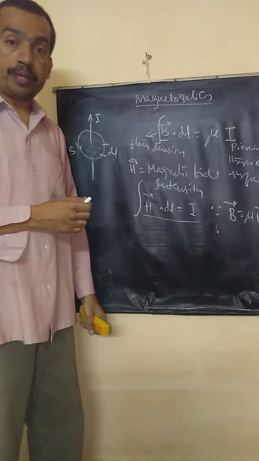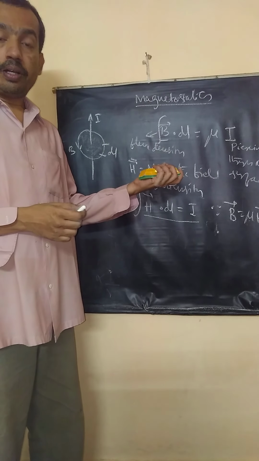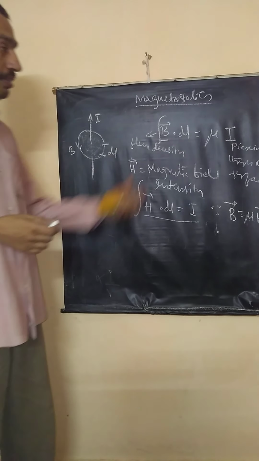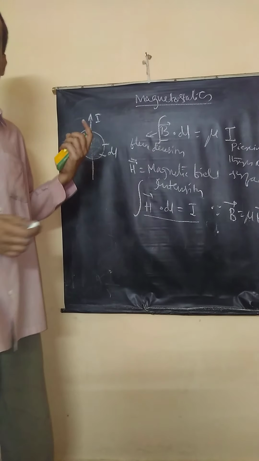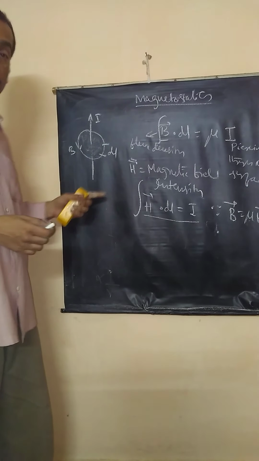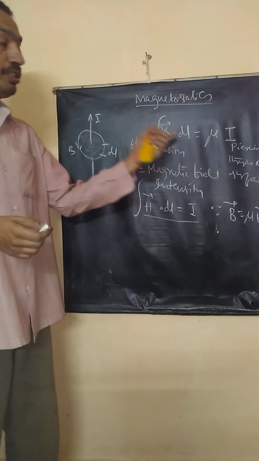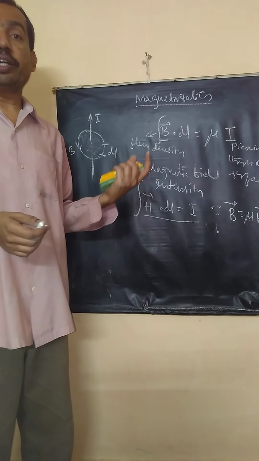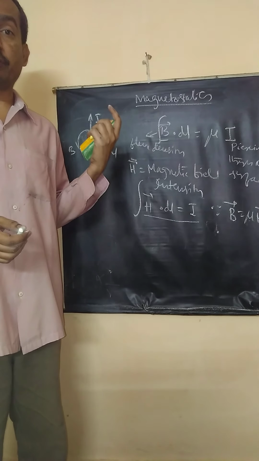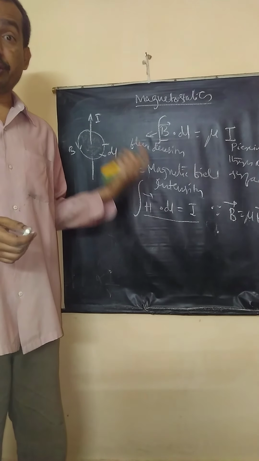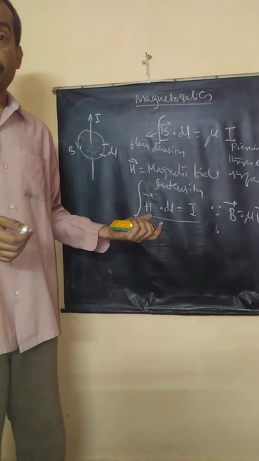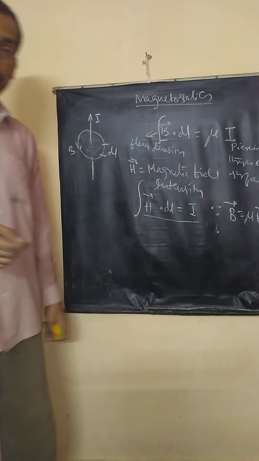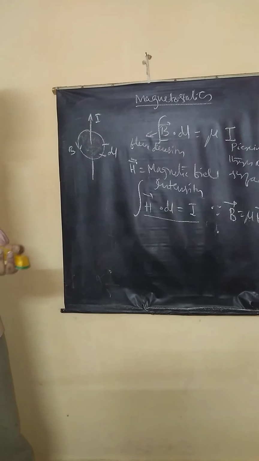Please remember this. Ampere's law has an inadequacy. Maxwell observed that this law is applicable for steady currents only. Suppose the current is oscillating, changing with time, this law has to be modified. It is this correction which led to the modified Ampere's law, which led to the creation of electromagnetic wave theory, the wave equation, antennas, and radio communication. So Ampere's law is given by this. Very easy to remember. Remember that.